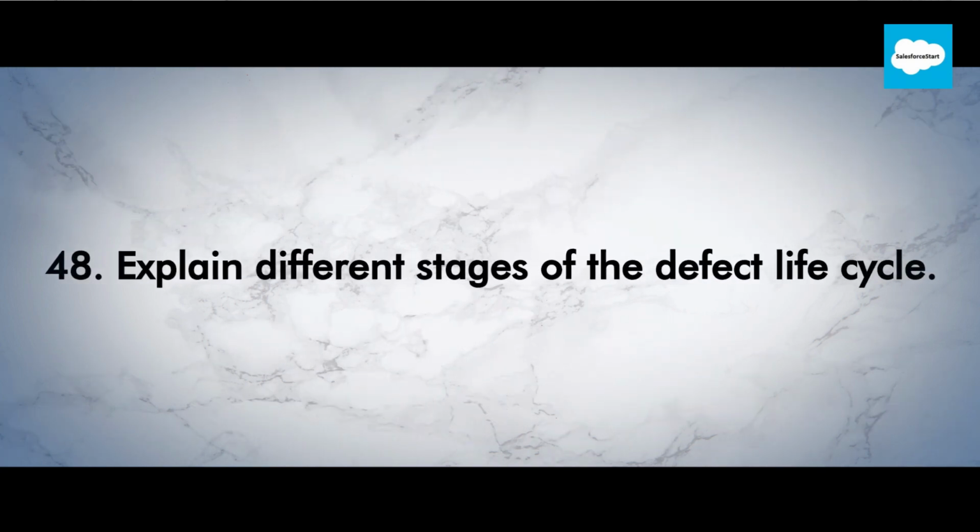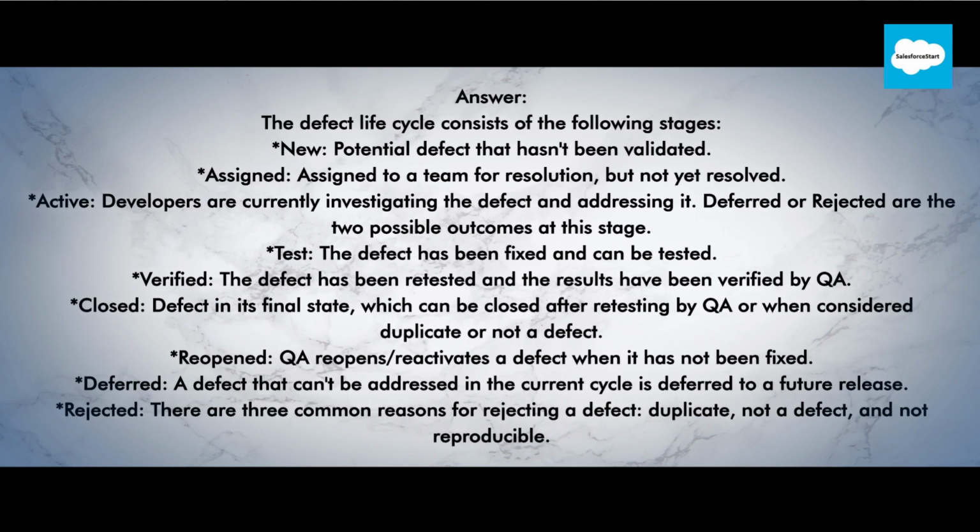48. Explain different stages of the defect lifecycle. Answer. The defect lifecycle consists of the following stages: new, a potential defect that hasn't been validated; assigned, assigned to a team for resolution, but not yet resolved; active, developers are currently investigating the defect and addressing it; deferred or rejected are the two possible outcomes at this stage; test, the defect has been fixed and can be tested; verified, the defect has been retested and the results have been verified by QA;